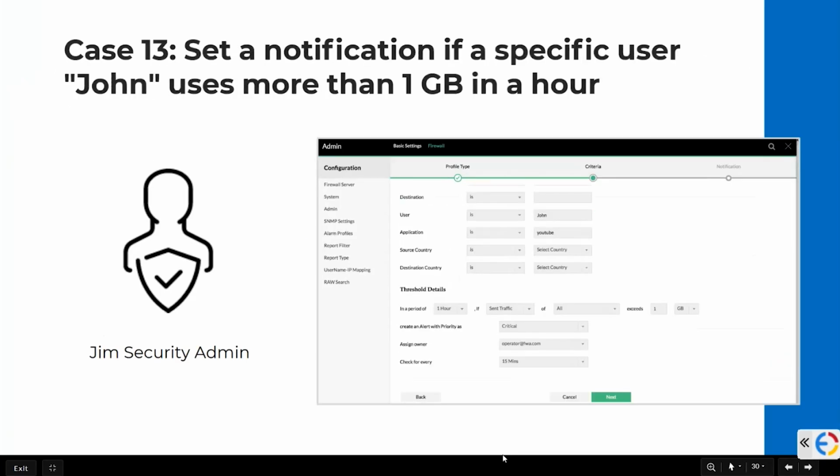Now let's consider the final use case. Let's say it has been noted that a specific user has been consuming a large portion of bandwidth, and VPN bandwidth availability is constrained due to the limited resources with many employees using it. Jim has been assigned the task to trigger an alarm notification if a user named John consumes more than 1 GB of data in 1 hour, like if he is using an application like YouTube where he binge watches movies. The company would want to restrict John's usage of YouTube. So they asked Jim to set an alarm profile to monitor this threshold and trigger an alert when it is